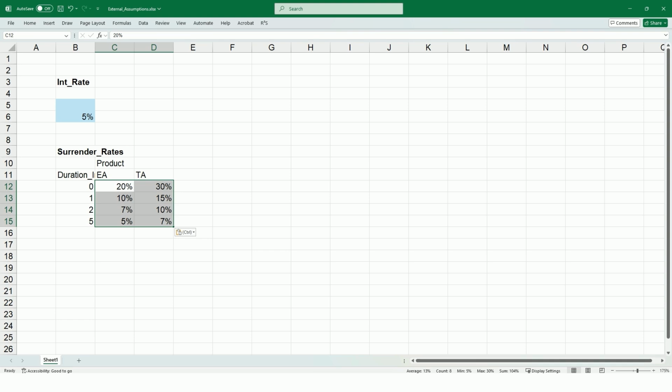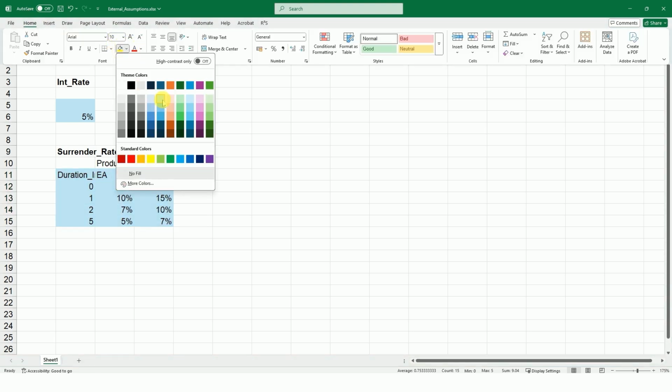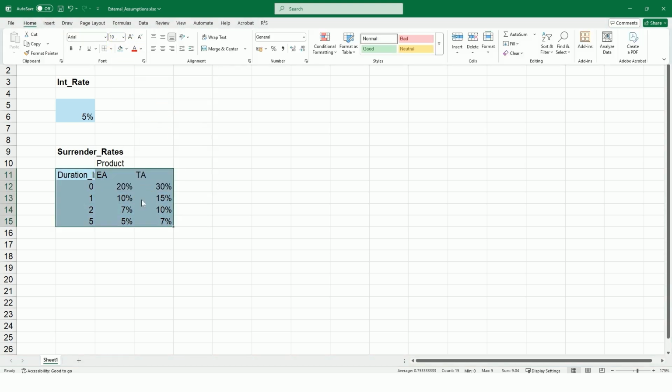Define the range as surrender_rates. Save and close the spreadsheet.